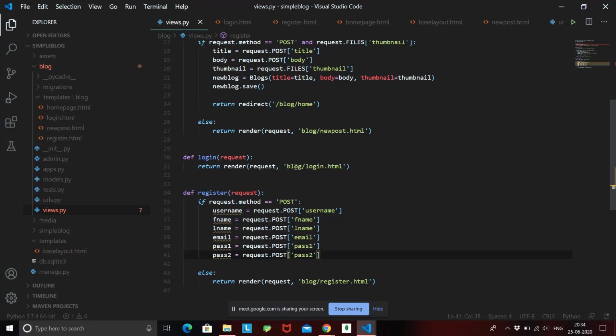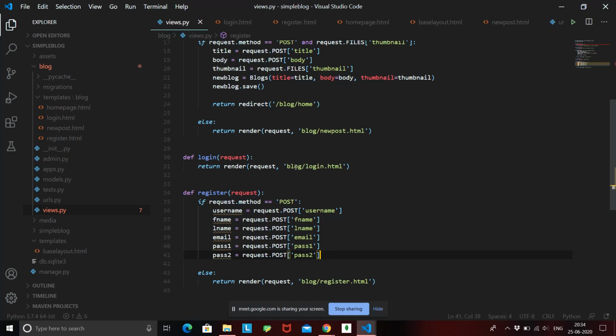Okay, so now what we need to do is create an object of our model, but as you can see, we haven't created any model for user. So do we have to create a model that will store all this data inside the columns? The answer is no, because in the first lecture we saw that Django automatically provides user authentication. We don't have to explicitly create a model for a user, store the data, check and verify it and then save it.